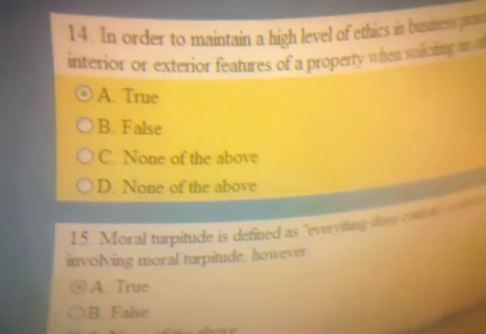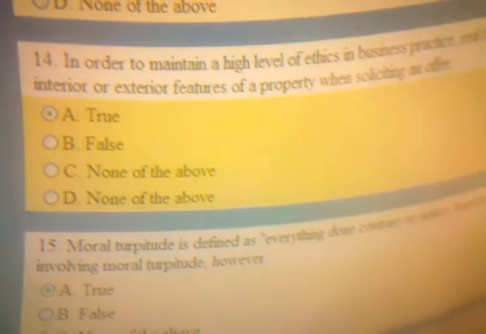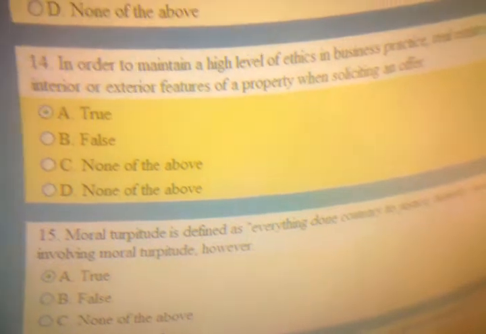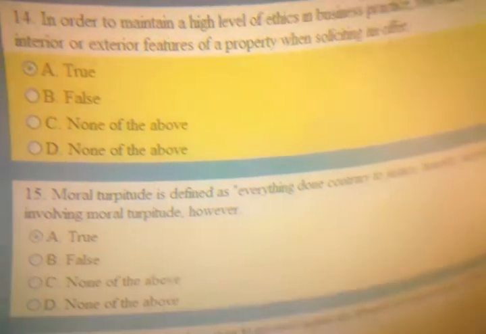In order to maintain high level of ethics is business practice, real estate licensee should avoid representing without a reasonable basis the nature or condition of interior or exterior features of a property when soliciting an offer. 咁梗係要 high level of ethics 㗎啦。Moral turpitude is define everything done contrary to justice, honesty, modesty and good morale. 咁呢句只不過係 statement 嚟嘅啫。